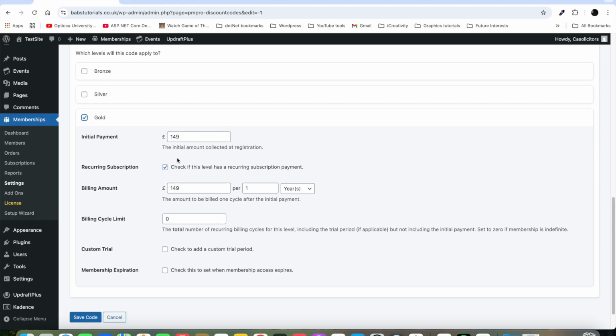The initial payment, like we know, is 149, but we might say we want to reduce it to £100 for the initial payment, and everything remains the same. So if we save that,